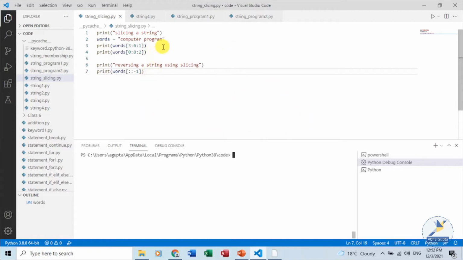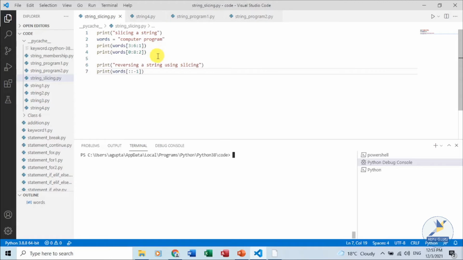In this first print statement, we are trying to start from the 3rd index going up to the 6th position, and we are picking up 1 character at a time. Now the stop position which we assign, that is 6 over here, is ignored. So the value which will be extracted will be from the 3rd position, 4th position, and the 5th position.